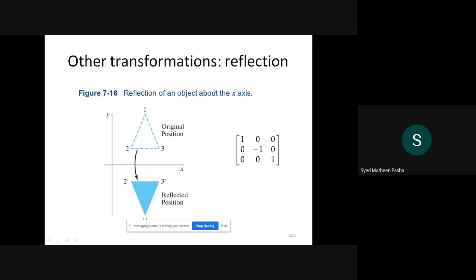I can say reflection is a transformation which produces a mirror image of an object, which is called reflection. To repeat, a reflection is a transformation which produces a mirror image of an object. So I can define it as reflection. So how does this reflection take place in two-dimensional objects? In two-dimensional reflection, it is nothing but an image which is generated relative to an axis of reflection.